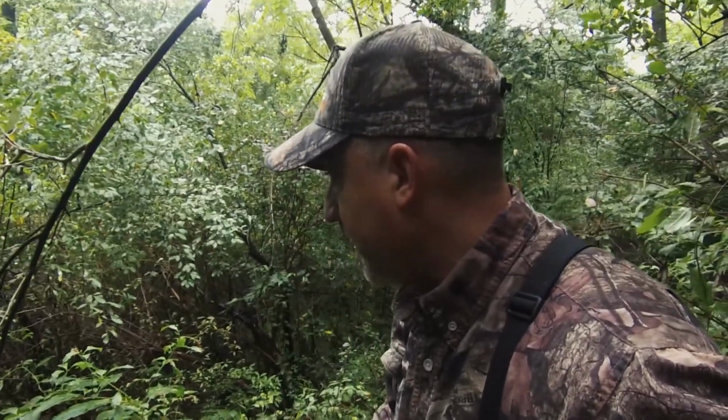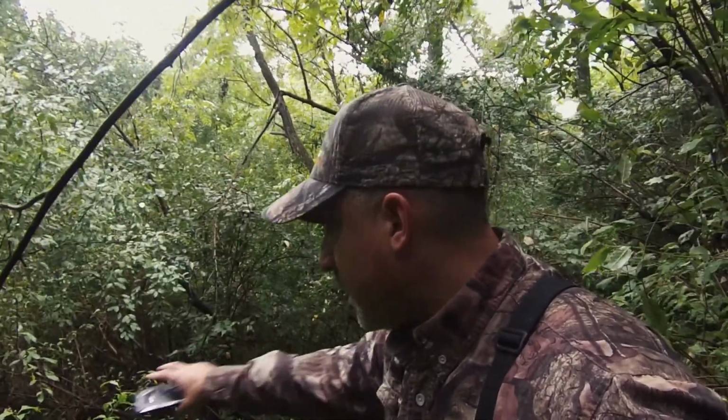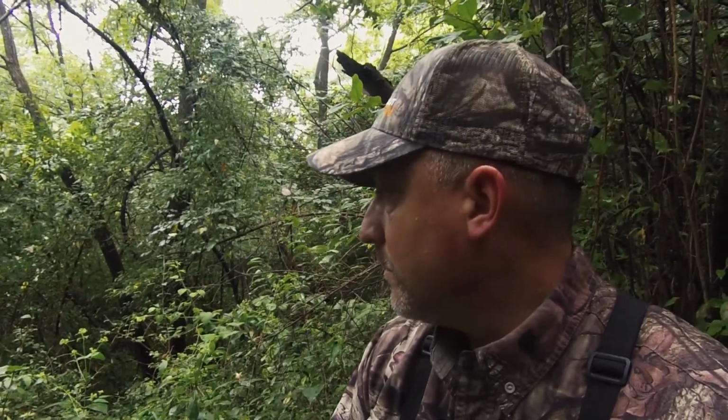And what they're doing is they're laying on this hill, and they can hear anything that comes behind them, and they can look down into this thicket here because they're at eye level, so they can see anything that's coming through here. We're gonna try and sneak through here a little bit more, but these are the things that you want to look for